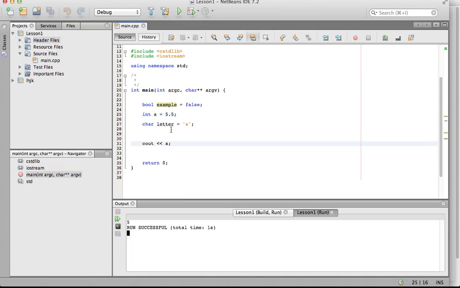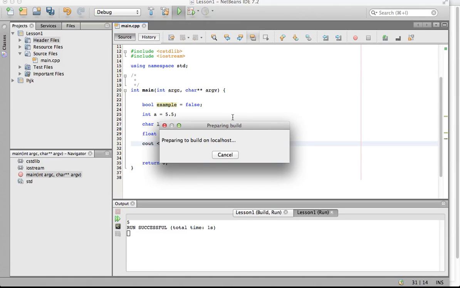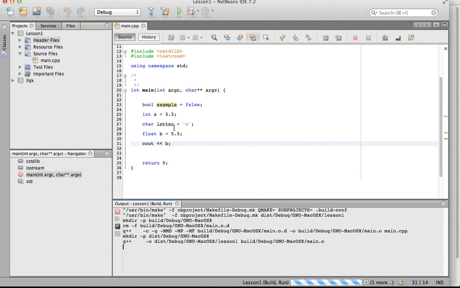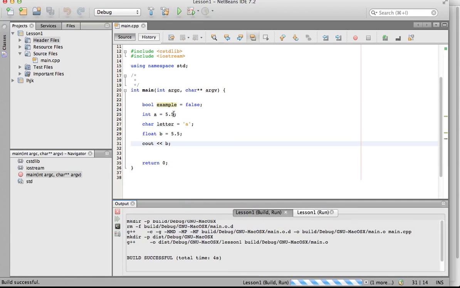So it doesn't like fractions at all, and that's where a couple of other data types come into play, like float. A float is a slightly bigger version. There are more bytes that exist for a float than there are for an int. And you can say b equals 5.5. If you try and output b, it'll actually output 5.5, which is nice, because it depends on your situation. A lot of times you won't actually need fractions, and